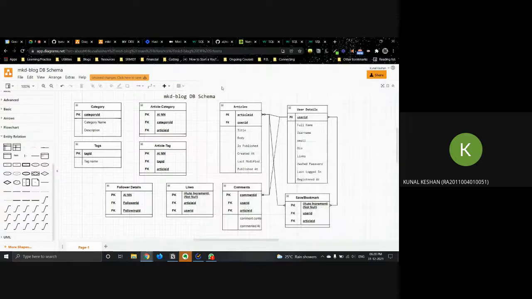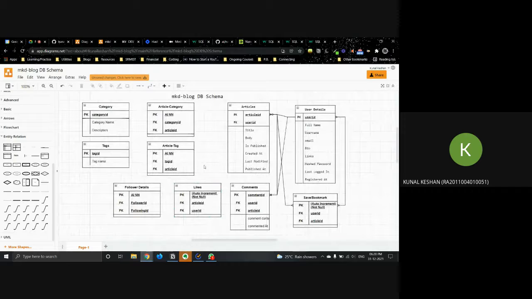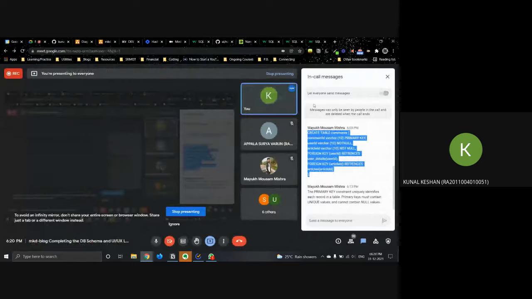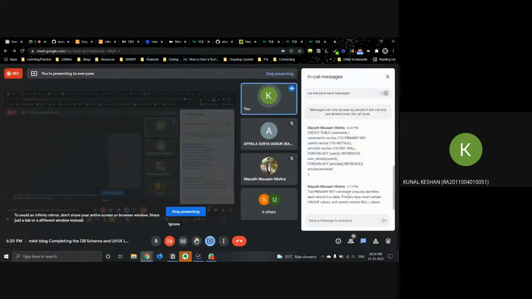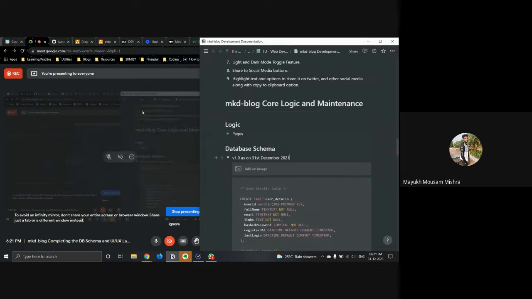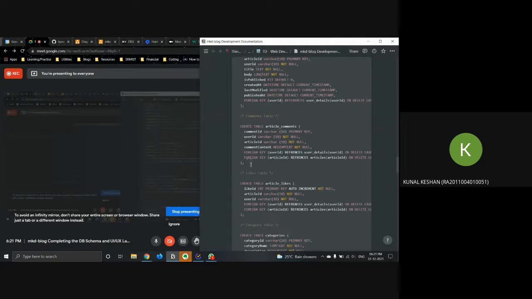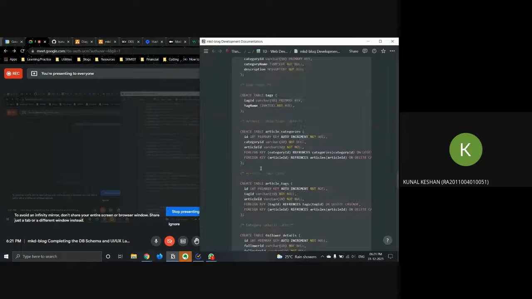Okay, so we are done with writing the queries that are required. I will test them out locally before making some changes. Right, so primary key constraint uniquely identifies each record. A primary key must contain unique values and cannot contain null. So we have to put the auto increment, right? Yeah, obviously. Got it, makes sense. All right, so I will test these out locally to make sure that they don't have any errors before you actually do it yourself.